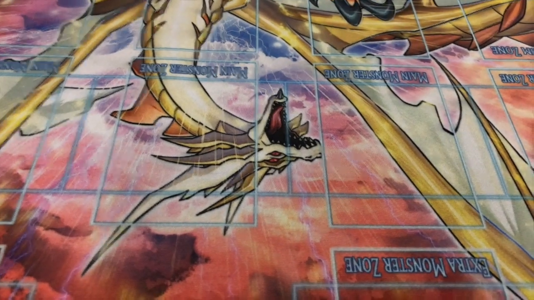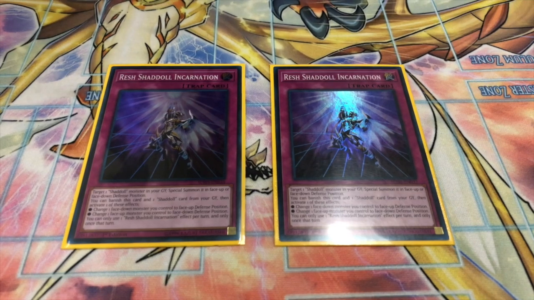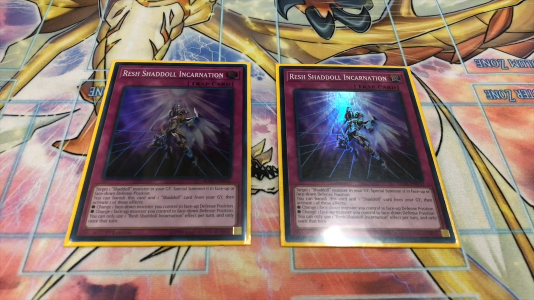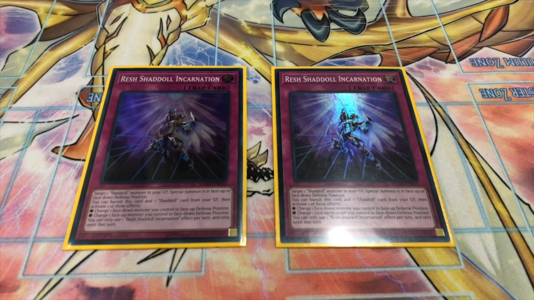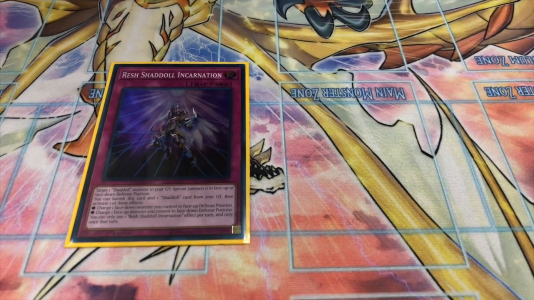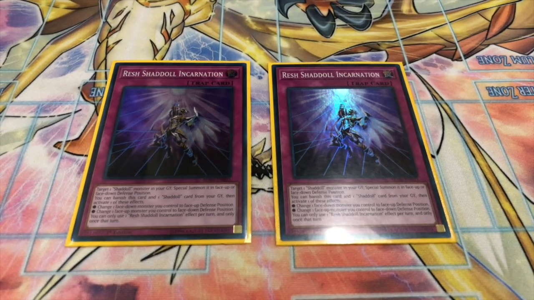Onto the traps. Here's the new one: Shaddoll Incarnation. On the field, you activate it to target 1 Shaddoll monster in your graveyard and summon it face-up or face-down in defense position. And its graveyard effect is